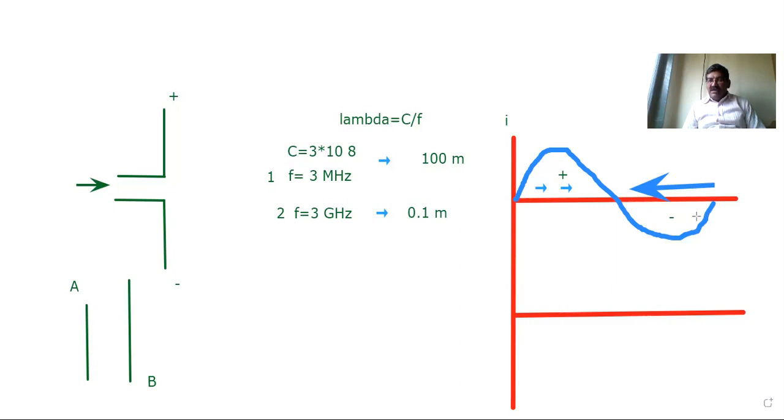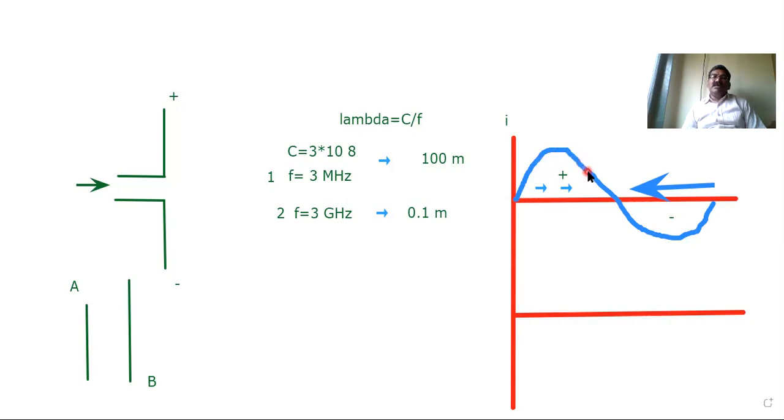In the negative half cycle, the current is going in the opposite way. You can see the magnitude, this is the magnitude of the current I am talking about. Here the magnitude is 0, then gradually increasing. Here it is 0. Here the magnitude is 0. Here a gradual increase, here a small increase, here the maximum.